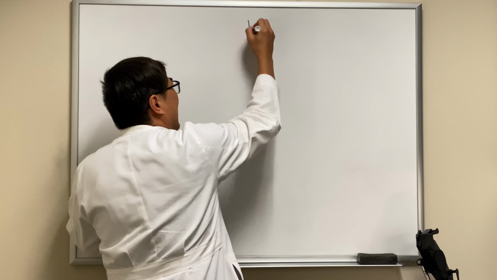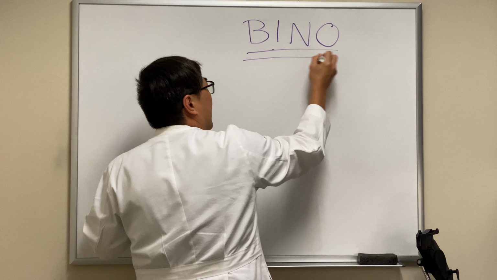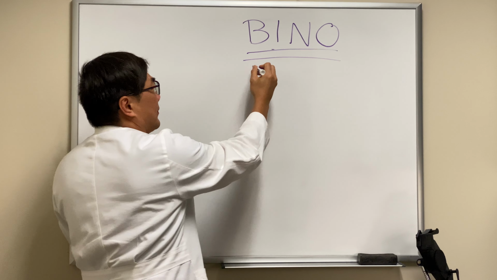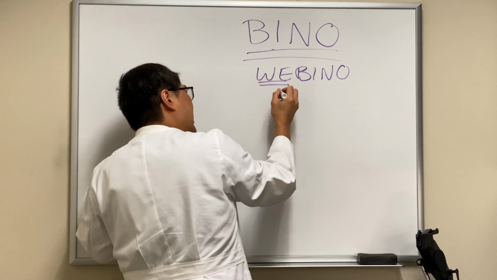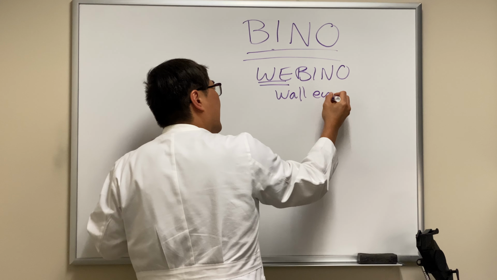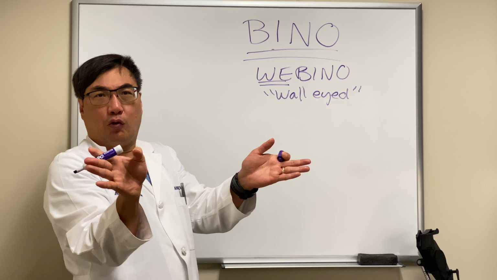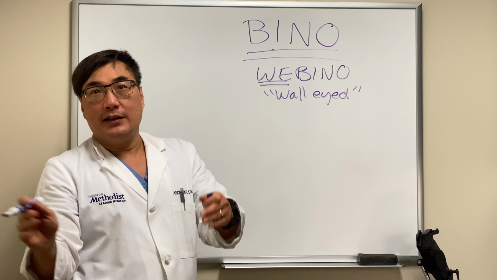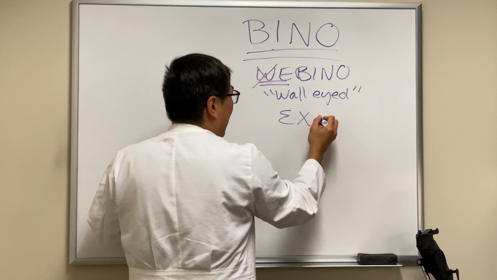So we're going to talk about a bilateral internuclear ophthalmoplegia. And in the literature, it's sometimes referred to as WEBINO. And this WE stands for wall-eyed. And I don't like that term because it's pejorative, right? You're calling someone a wall-eye because they're looking at the wall. So I prefer the term EBINO, exotropic